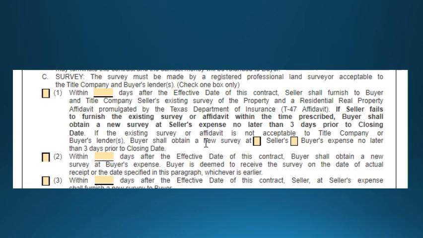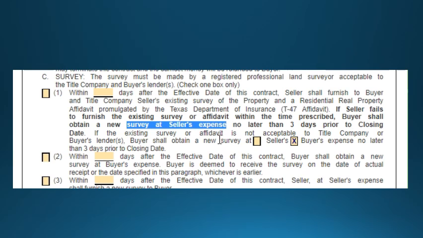So even if you have the box checked here that the buyers are going to pay for the survey in this section, as the listing agent, if you do not provide the T47 with the survey by the number of days entered here, the buyers have the right to get a new survey at the seller's